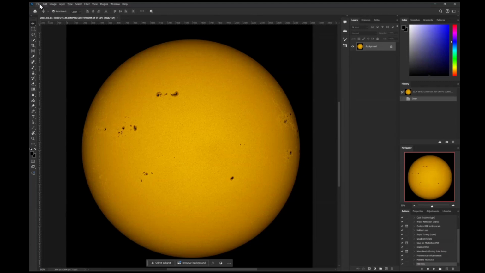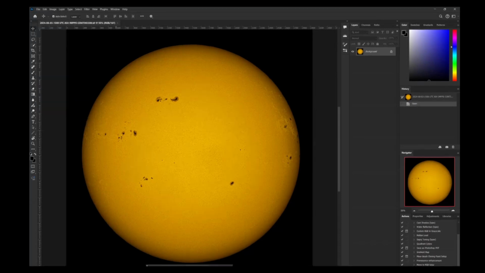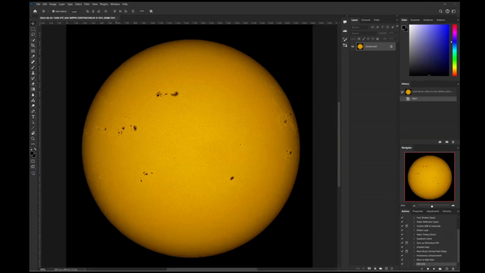But if you want to see what it's like in a hydrogen alpha state, I can go through that if you're interested in how to process a hydrogen alpha image. Sounds good. Would you like that? Yes, please. Okie dokie. Right, so what we'll do is we will open up a